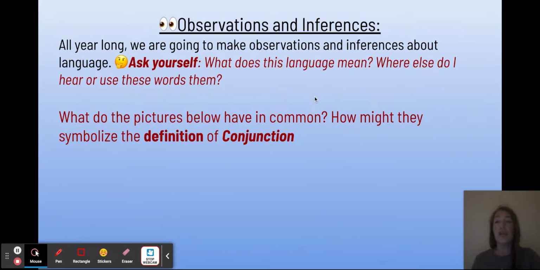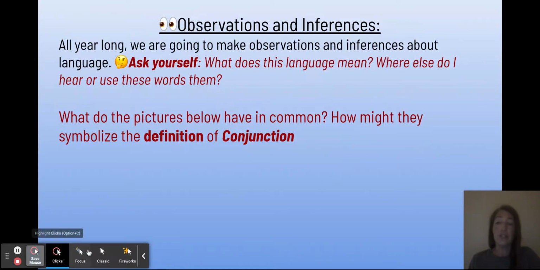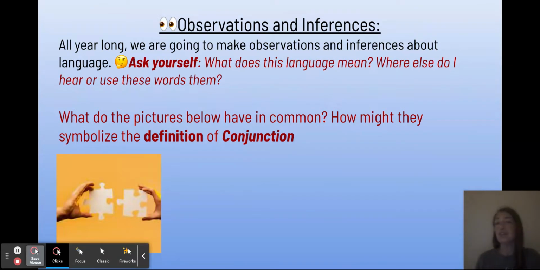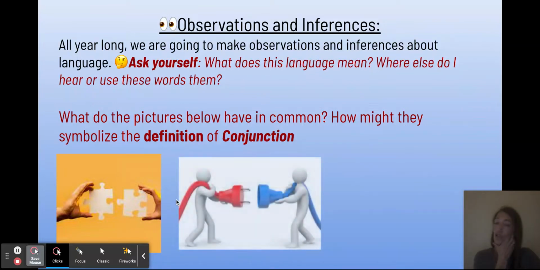And all throughout the year, we're going to ask you to make some observations and inferences, which is like an educated guess about the language we use. So we're going to ask ourselves, what does this language mean? Where else do I hear it? And if I don't know a word, I'm going to look for clues and see if I can guess what it means. So, for example, with the word conjunction, I put some picture clues here